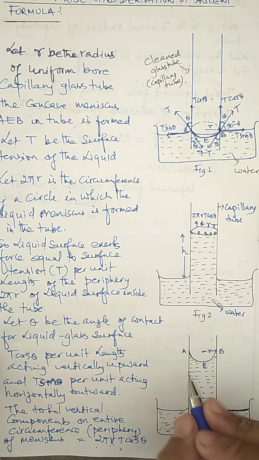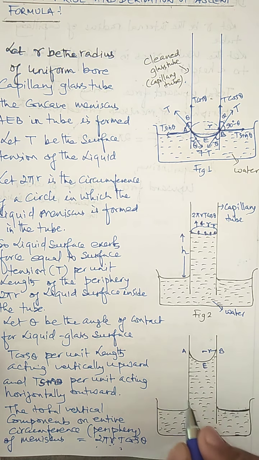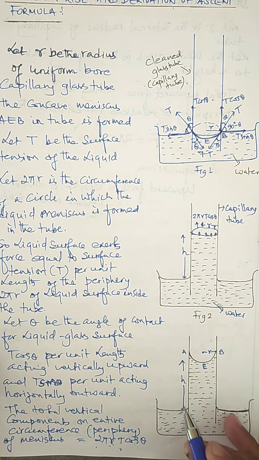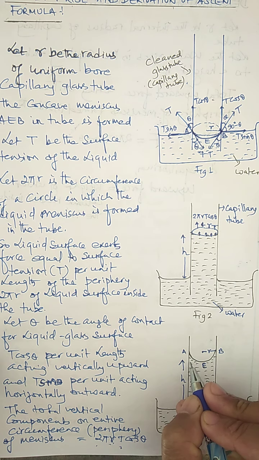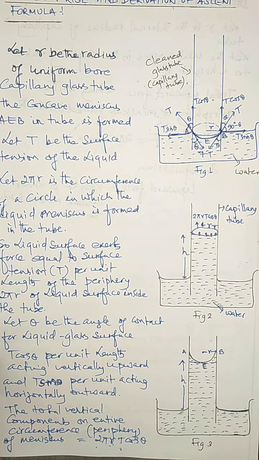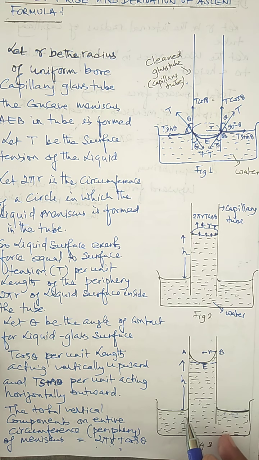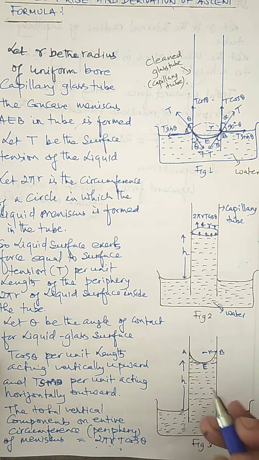Now, to calculate the volume of the liquid column raised in the tube, I consider the height H, but the height is measured from the lowest part of the meniscus formed inside the tube, from the base of the meniscus to the free surface of water in contact with the tube. The volume of liquid raised in the tube is equal to the volume of liquid filled in the cylinder